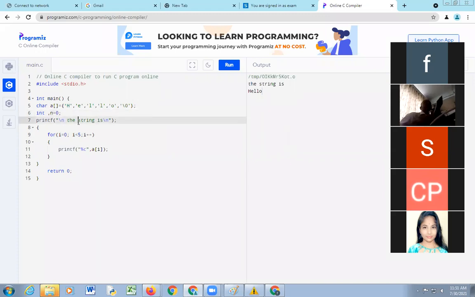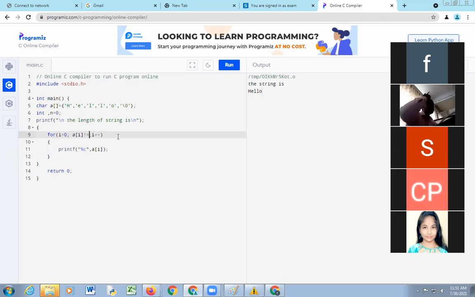So printf "length of string is", for i equal to 0, a[i] is not equal to, the last character is \0, is not equal to \0. \0 indicates the end of string.